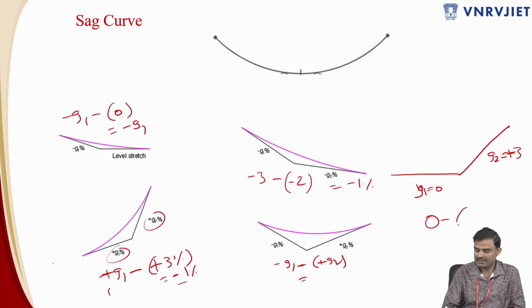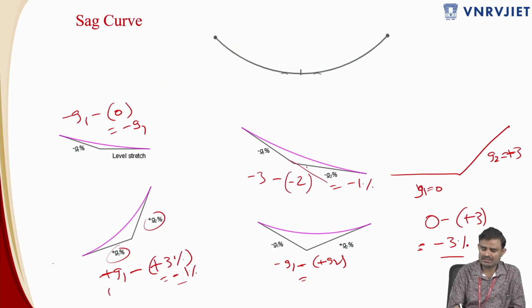So this is 0 minus of +3. So you are having a deviation angle as negative. It is not again just like the previous case, the deviation angle is negative, but algebraic difference, if you combine both of them by taking the exact symbols, anyhow this deviation will be positive, but if you take along with the symbols, so that is what algebraic difference, this value should definitely be negative